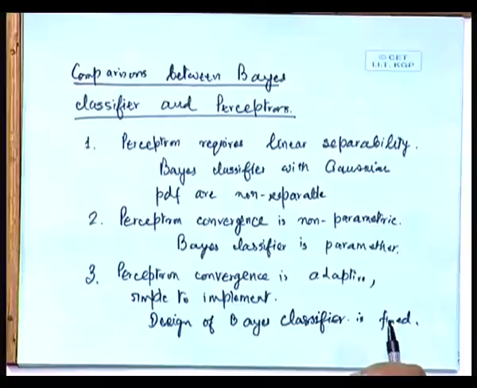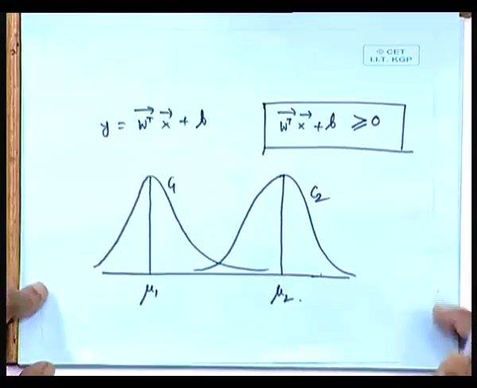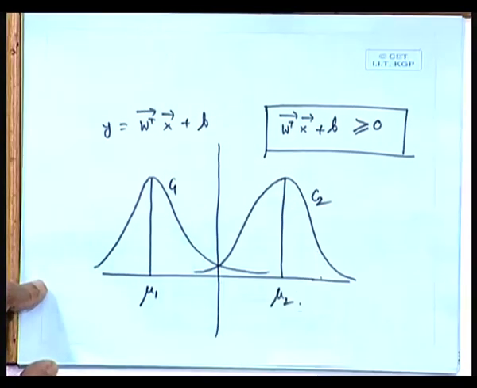Only under the Gaussian distribution case is the Bayes classifier with Gaussian PDF very much similar to the way perceptron behaves. But if the underlying distribution is indeed Gaussian, if the two classes of patterns are really Gaussian distributed, and if we want a perceptron to solve the problem for that, then there lies a problem. Like say for example, if this is a kind of problem that we give to a perceptron for a solution, then although the ideal decision boundary could be somewhere over here,